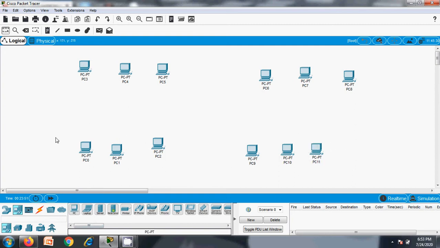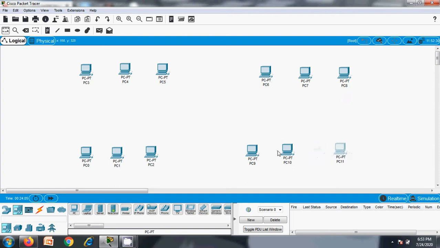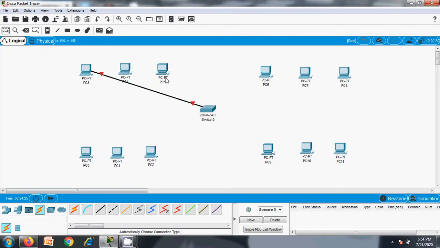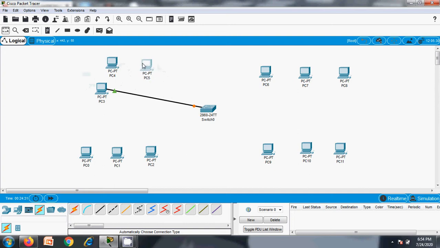We are going to create a virtual LAN in the same organization for the devices connected in a single switch, right? Okay, so I need a switch. One switch connecting to all the devices. Okay, let's arrange like this so that it will be easy for us.